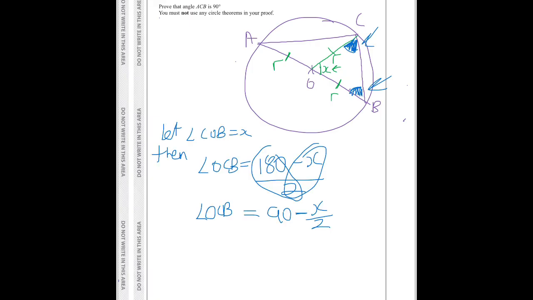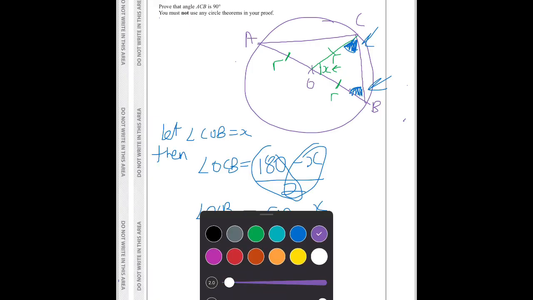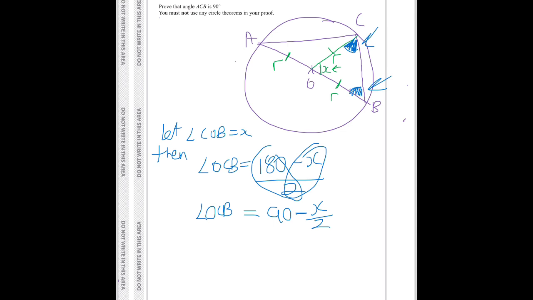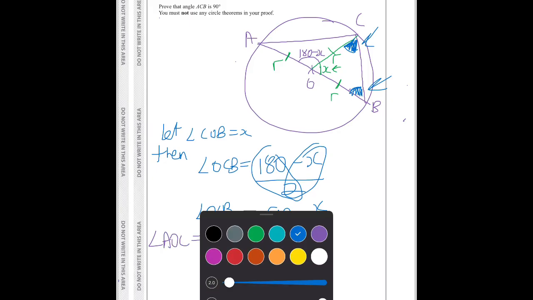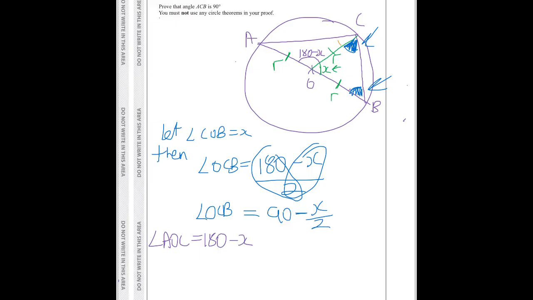Now we're going to do the same, but on the opposite side. So then we're going to look at this angle at the top here. If the green angle is x, then this is going to be 180 minus x because this angle's in a straight line. So we've got angle AOC is 180 minus x, meaning that this angle at the top,